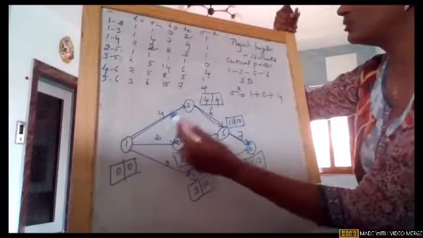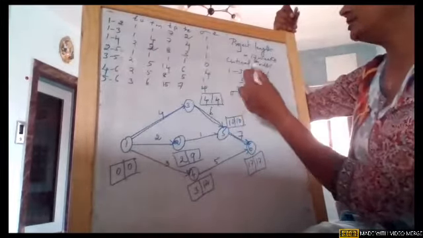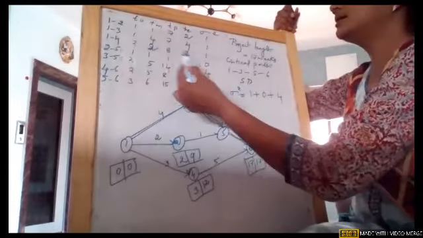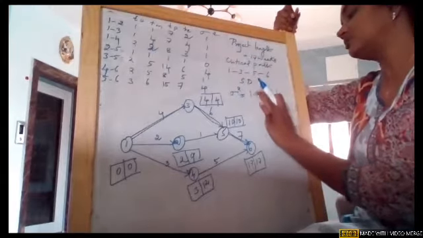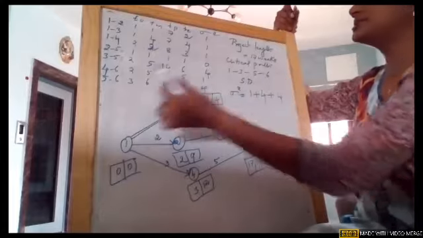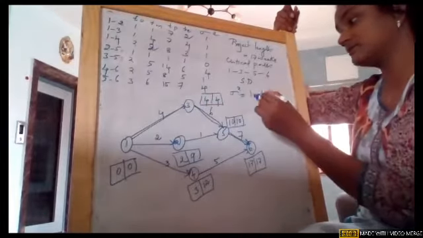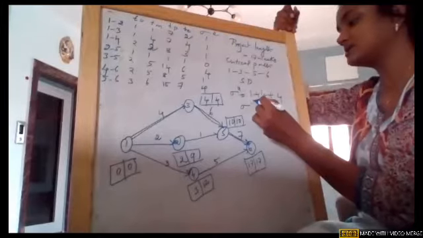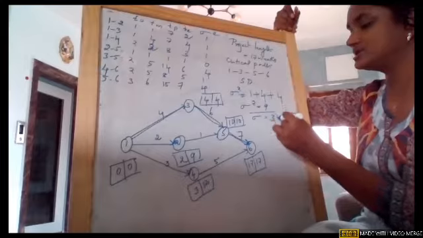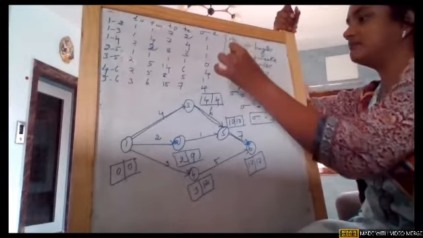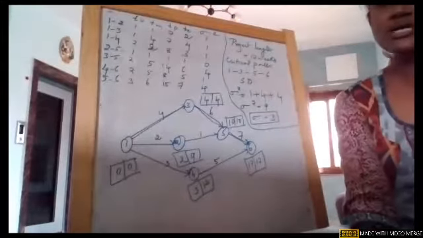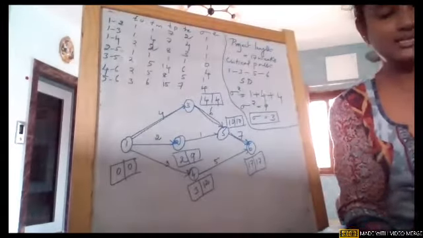And did I write the correct network? 1 to 3, it is 1, 3 to 5, and 5 to 6. Okay, 3 to 5, girls, sorry, it is not 0, it is 4. And 5 to 6 is also 4. So sigma square is equal to 9. Based on this, sigma is equal to 3. So this is what we wanted, and this is very, very important. In PERT, along with critical path and project length, you are supposed to make a note of all these.